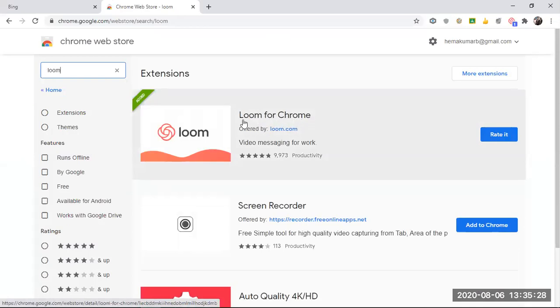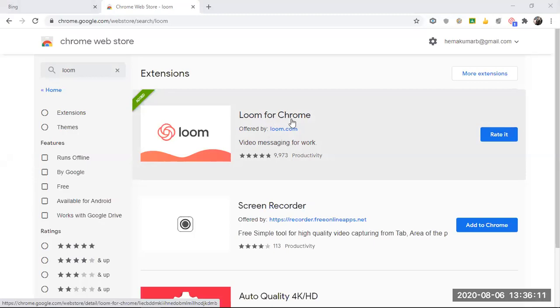This is an extension. Loom is available as a desktop version, also as a Chrome extension. It is available in two ways: either it can be used as a desktop version or with Chrome. In the manual that I have provided, I have explained how to use the desktop version. Here I am going to show you the demo of how to use it as a Chrome extension. The only difference is that one stays in Chrome, the other comes as a separate application. Nothing more is different. The entire interface is exactly the same.